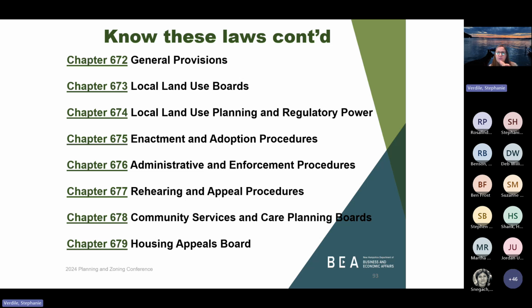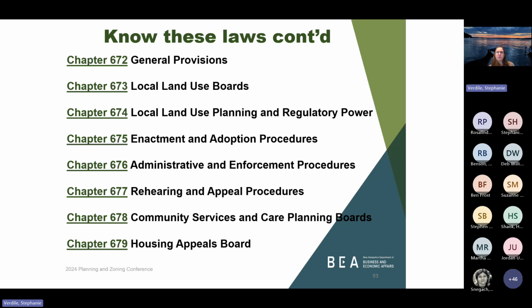675 addresses methods and procedures for enacting and for amending land use regulations. So amending your land use regulations, the requirements are similar to whether or not a planning board was doing a formal application, meaning 10 days in advance that type of notice. So in order to properly notice for zoning amendments, you've got to post whatever your regulations would say.